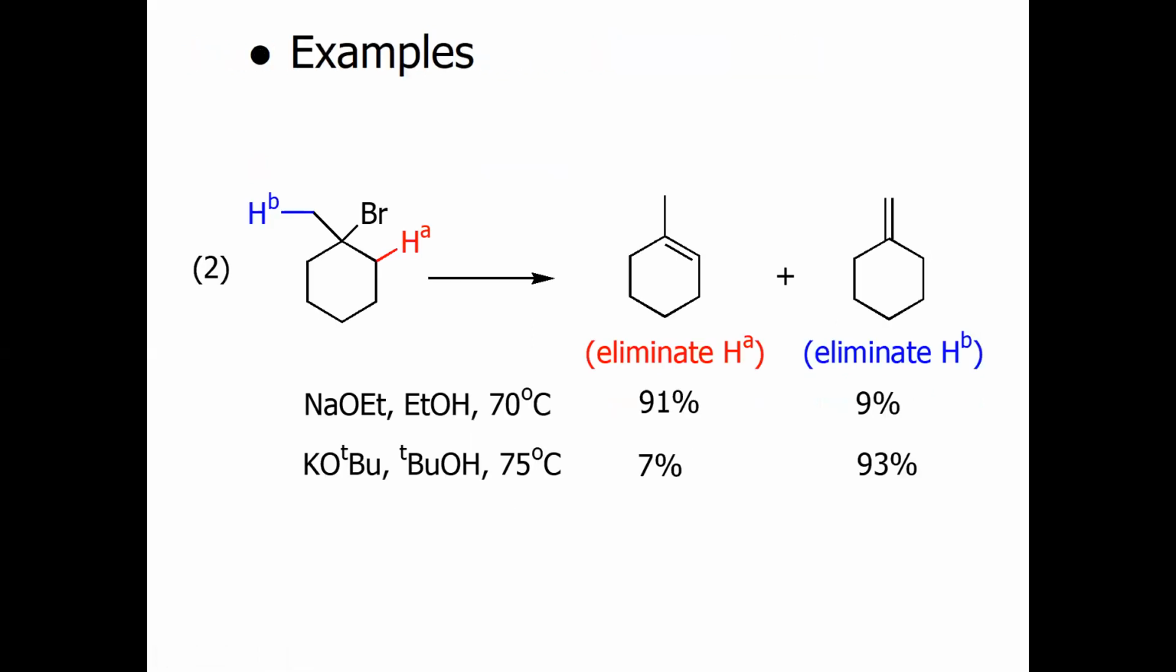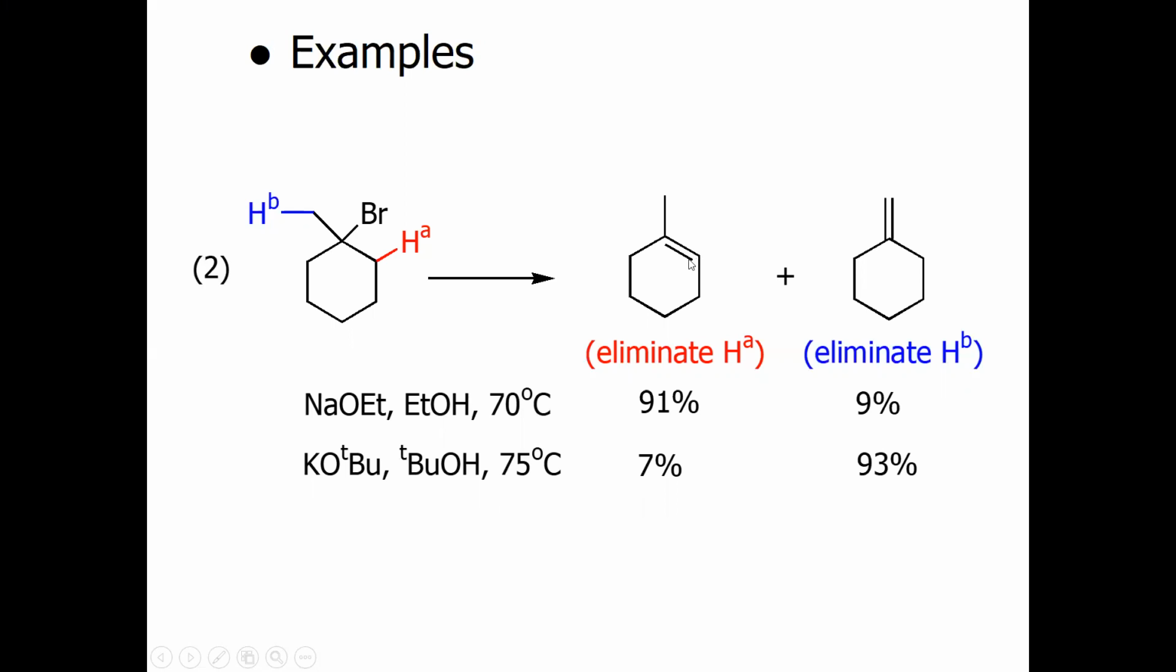Okay, more example. For example, this is 1-bromo-methylcyclohexane. Of course, because this is a cyclic alkyl halide, this carbon is the beta carbon, and the hydrogen attached to this carbon is known as the beta hydrogen. Just for the sake of simplicity, I wrote Ha and Hb. You can see here this small base can easily deprotonate Ha, because this is the less sterically hindered hydrogen, and you have a high percentage, 91%, of the substituted alkene, and this